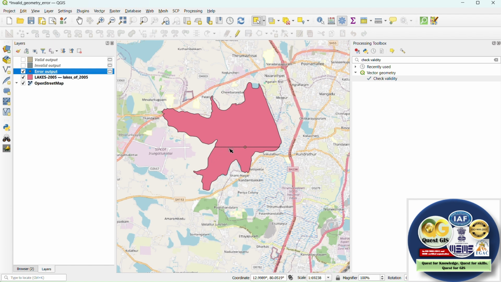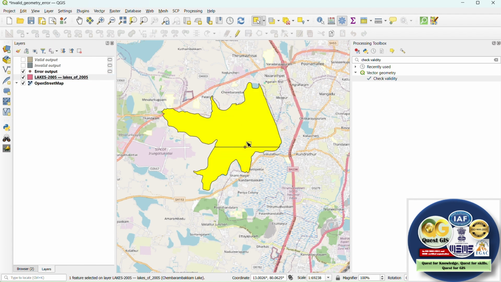That's why it gave you this line in between, which shows that this is a single feature, but it has this boundary in between it. So this clearly tells you that this is your invalid geometry. Make sure you don't make such errors again, and I'd suggest redigitizing this feature.